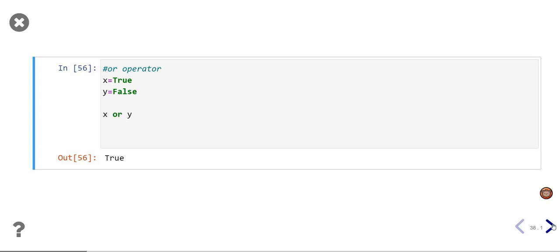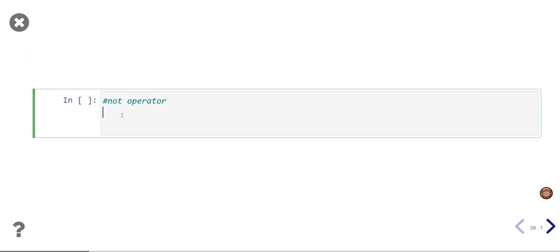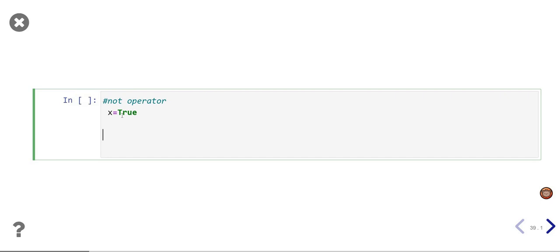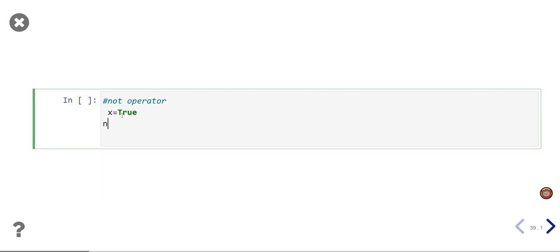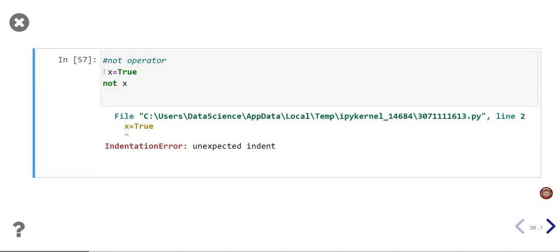Just one more cell, Sunila, then sorry, 350. Stop the class. Not operator. So let's say if x is True, and if you want to make it as not x, means you will get, oh sorry, that's it. Okay,